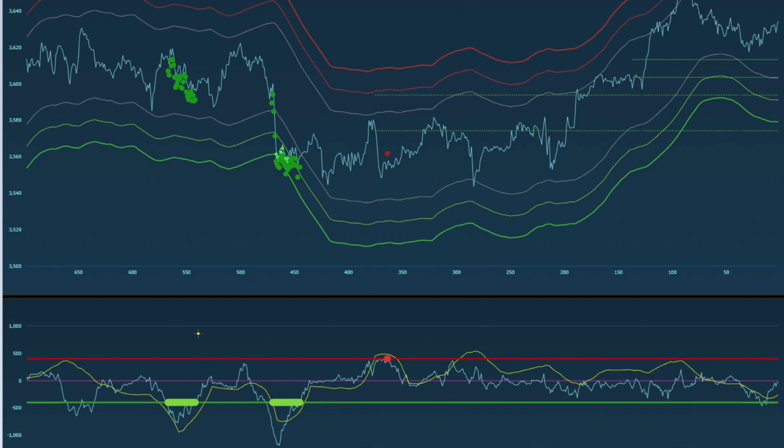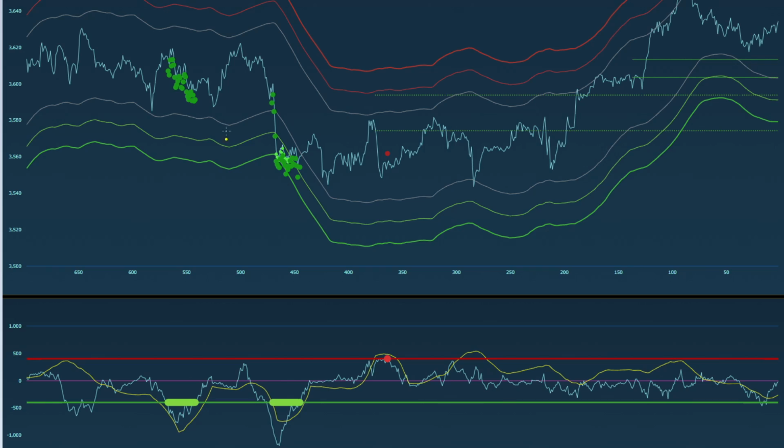They both are in the same scale, so 1,000 to minus 1,000. Sometimes it's a bit more, but basically the trend setup is